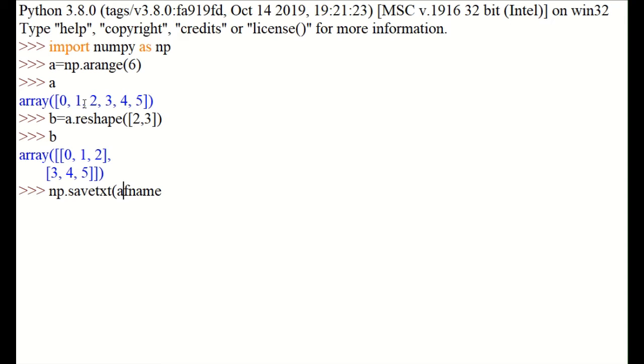We have to keep this as a string, so it should be enclosed within quotes. Then .txt is the format. The next thing we have to save is the array a. Next we will save the next file, say bfname.txt, and there I'm going to save b.